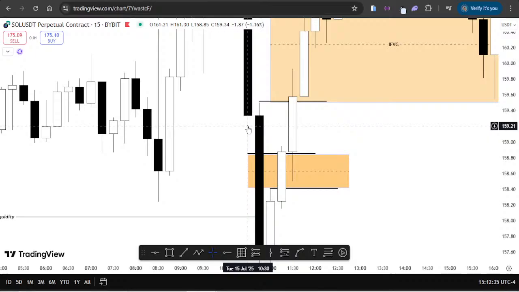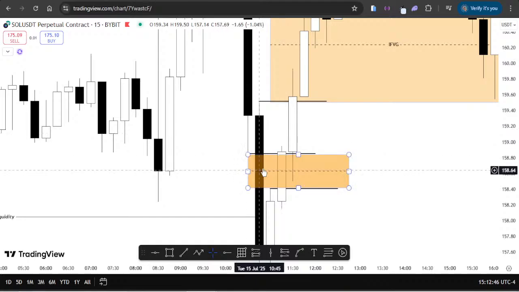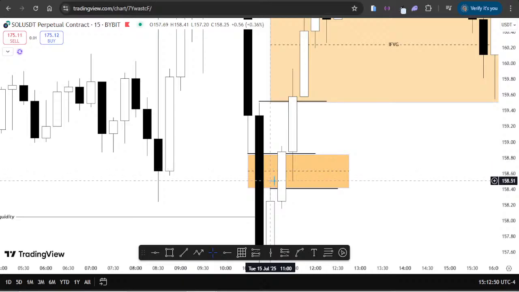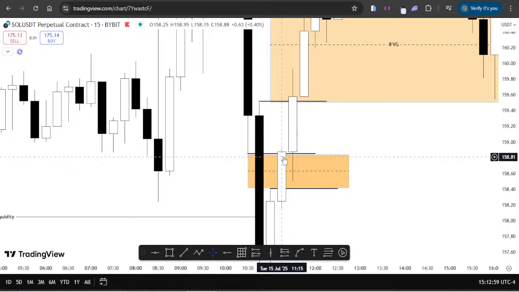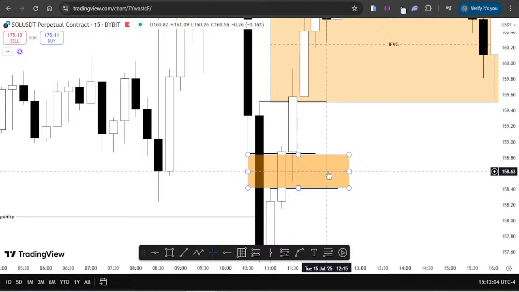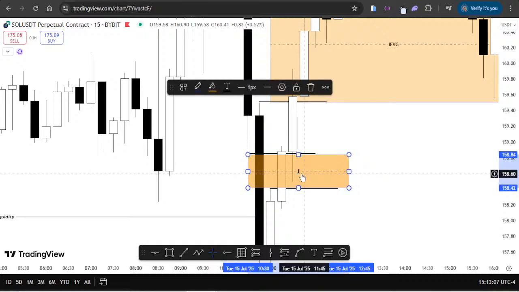So this candle closed at 158.95, which is already invalidating the whole purpose of this fair value gap by sending price down. We expect price to continue going to the downside. All right, so once this has been invalidated, this fair value gap is now an inversion fair value gap,